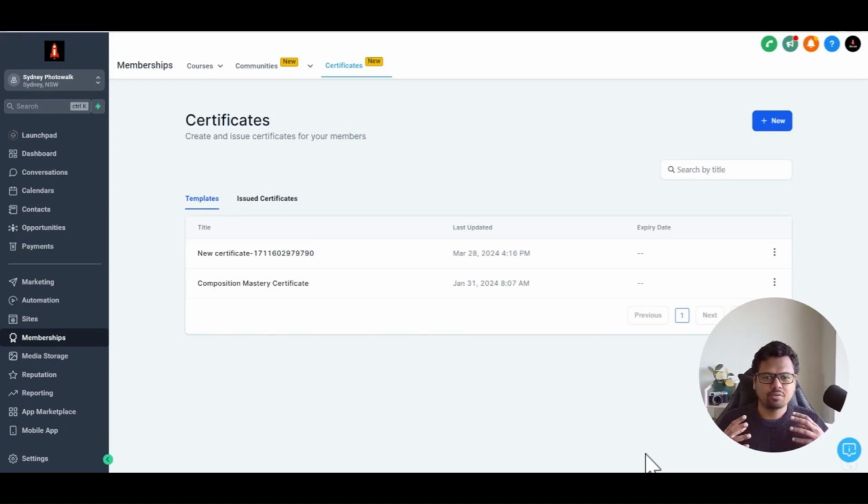Today we are going to talk about certificates and how to create an expiring certificate. Why do you need an expiring certificate? Imagine you're running a training and you want to issue certificates, but you want the people to come back every year and renew their certificate. In that case, you want to issue a certificate with an expiry date, and this certificate should expire at the end of the first year, and they have to come back and take the exam again or do whatever they need to do to get recertified again. So in these cases, we would set up an expiring certificate, and that's exactly what we are going to do